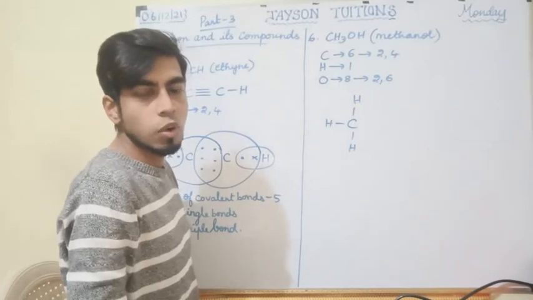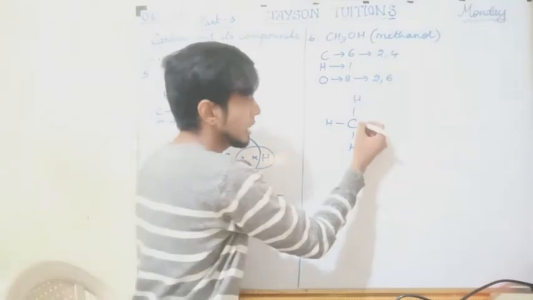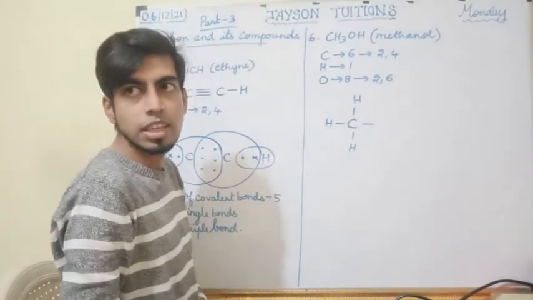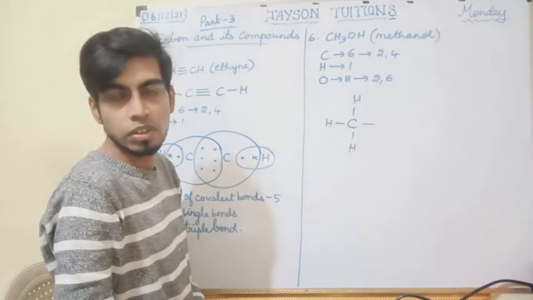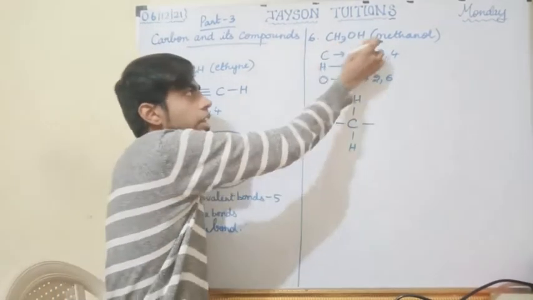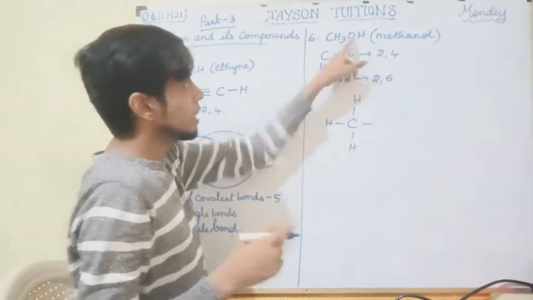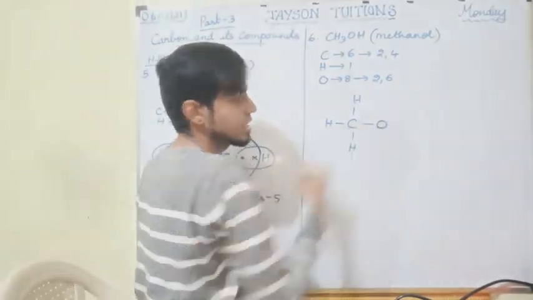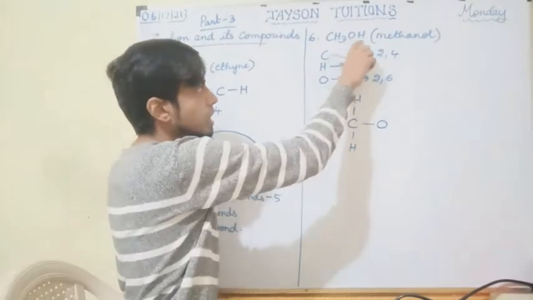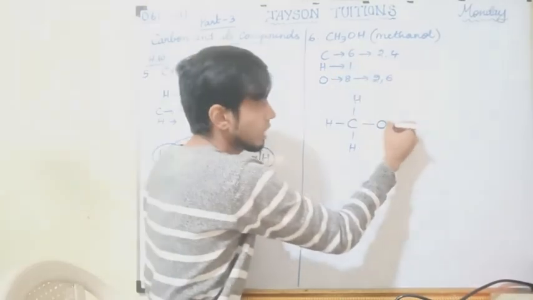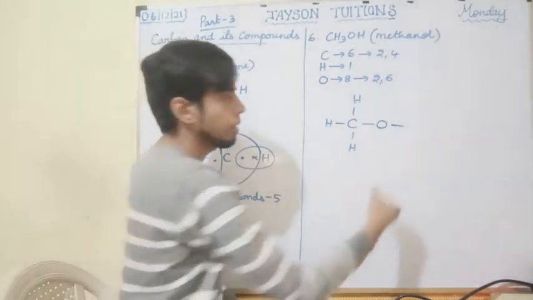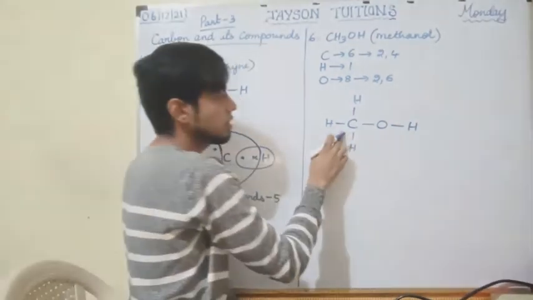If there is no bond given, it means there is a single bond. Single bond means they will not give it, they will write continuously. That means there is a single bond. Then what is present? Oxygen is present. Then between oxygen and hydrogen, they didn't give anything, so there is a single bond H. So this is my formula for